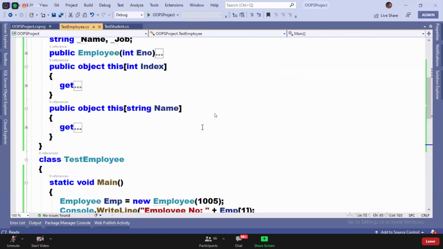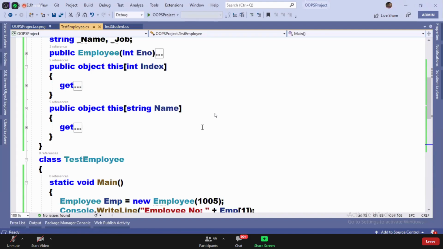Sir, can I use a double value? Yeah, you can use a double value. I want to pass 1.1, 1.2, 1.3, 1.4, 1.5 and it should give me the value. Write it. It's your choice, guys. I hope you understood me. You can write any number of indexers in the code. Overloading of the indexers.